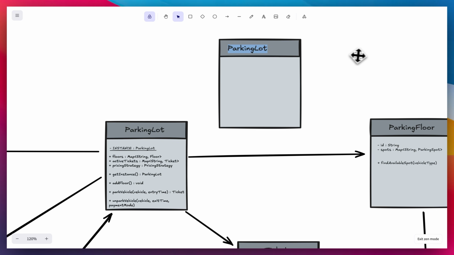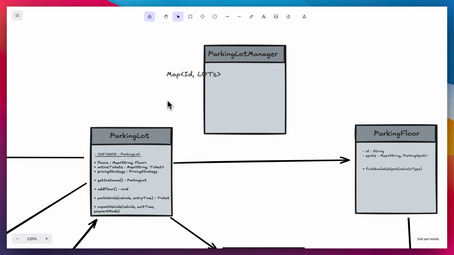we would have one parking lot manager. And instead of making this class a singleton class, we would make the parking lot manager a singleton class. This parking lot manager will have a map of parking lots. And this map would not be an ordinary map. This map would be a concurrent map. Why? Because